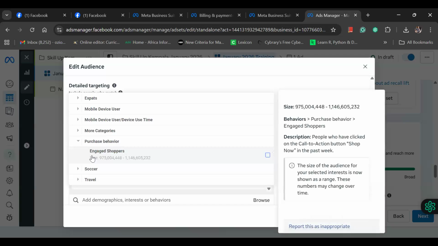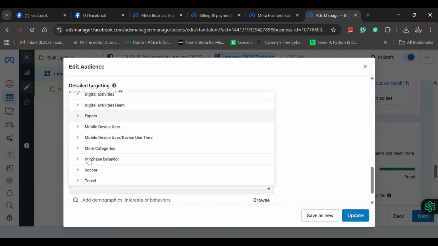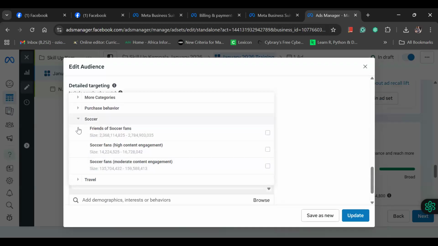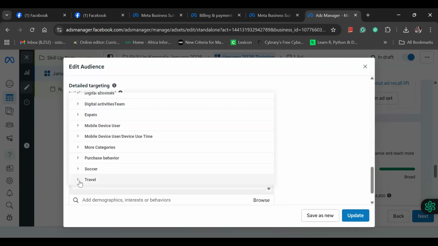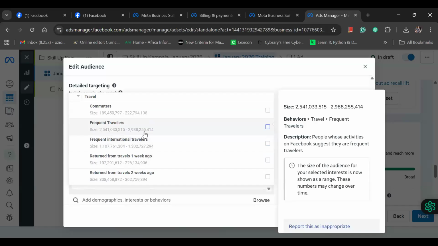You want people that buy things online. Facebook knows they have data about people that buy things online. You can also target frequent travelers. On travel, there are people called frequent traveler. If your Facebook app accesses your GPS, so